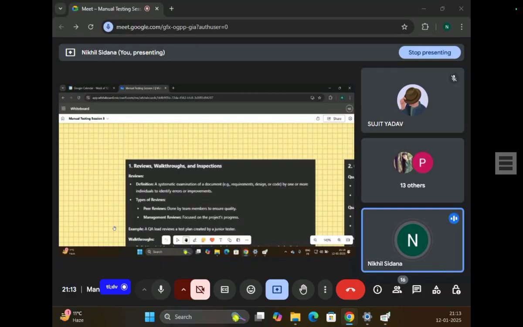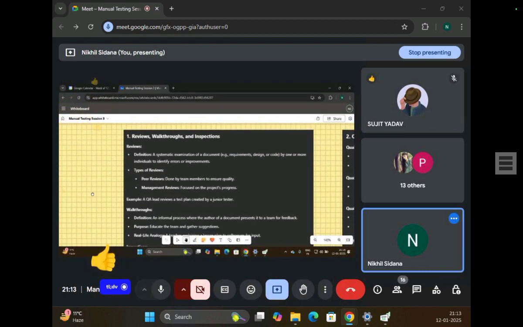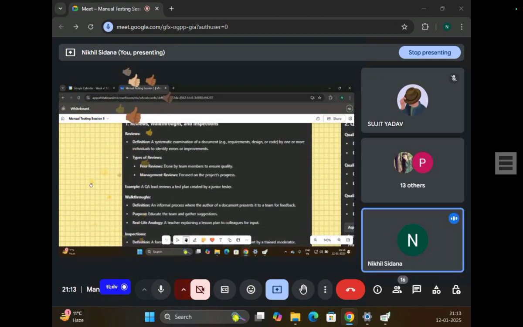Give me a thumbs up, guys, if you understood the basic thing about the walkthrough. See, walkthroughs are usually informal. Walkthrough is an informal process where the author of the document, this is very important, that would add weightage to your answer, presents it to a team for feedback.